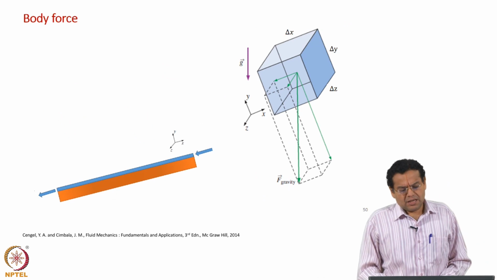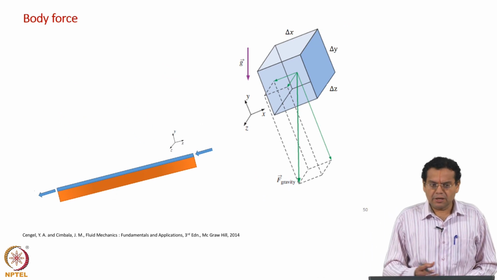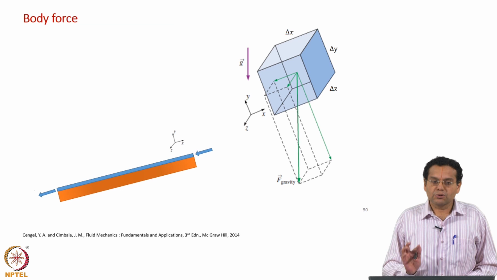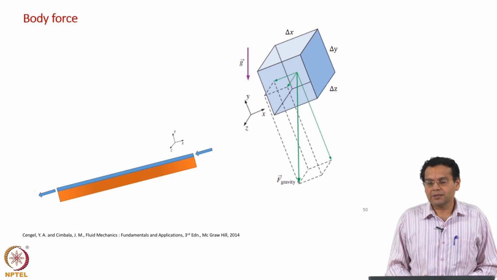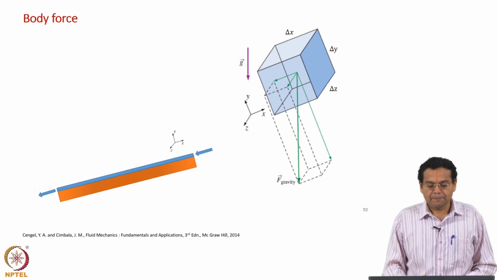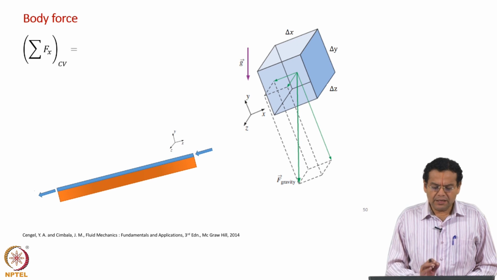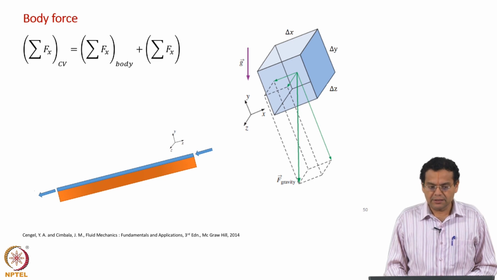Now, we predominantly looked at the left hand side, we also look at the right hand side forces. We had two forces, the body force and surface force. We are going to look at the body force only now. Okay. You will see the reason shortly. The sum of forces in the control volume has two components split into body and surface forces.